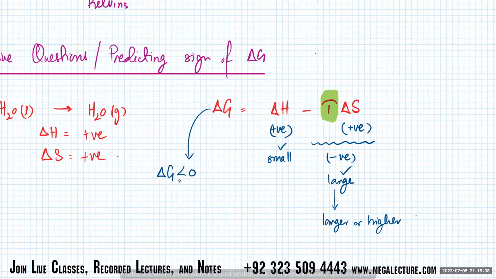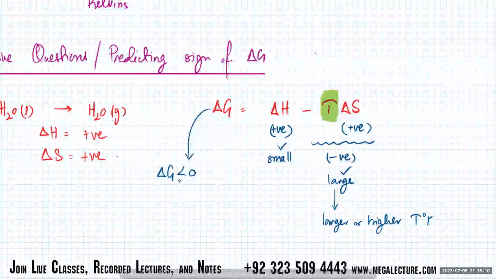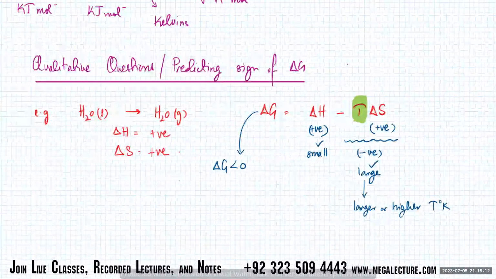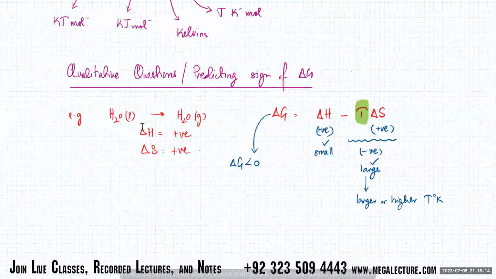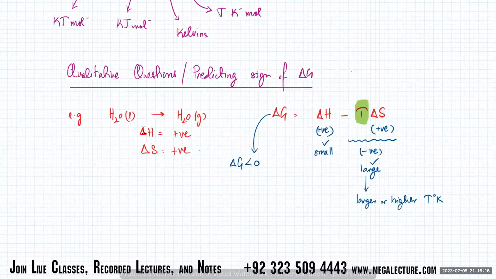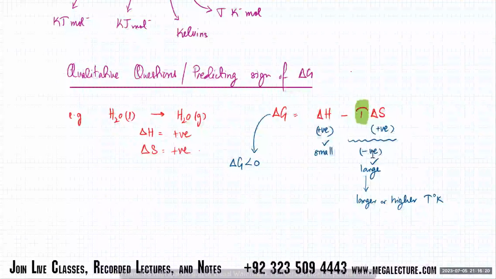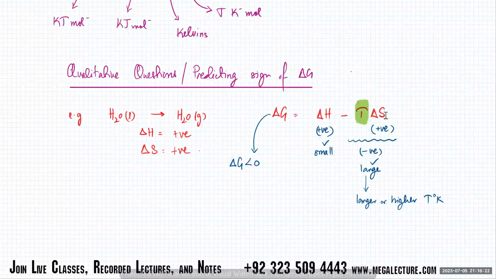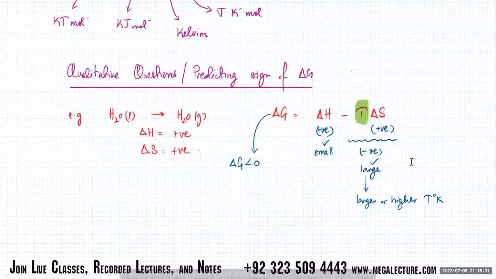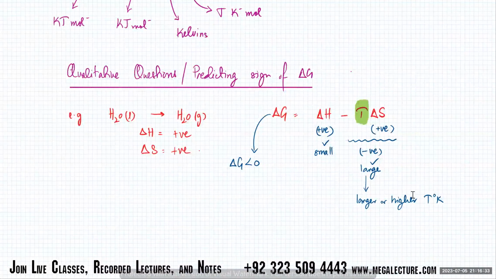So this indicates that the reaction will be feasible if you keep things at a higher temperature, which we already know, that this reaction happens at higher temperatures. The higher the temperature, the more negative this term will become, and the more negative delta G you're going to get. Which would mean that the reaction is very feasible if the temperature is kept as high as possible, and it's not going to be feasible at lower temperatures.